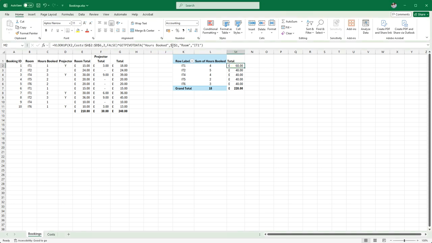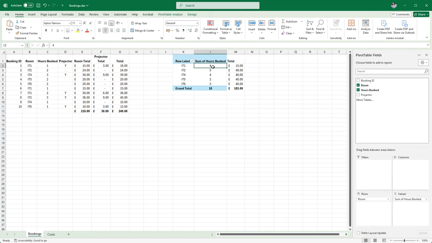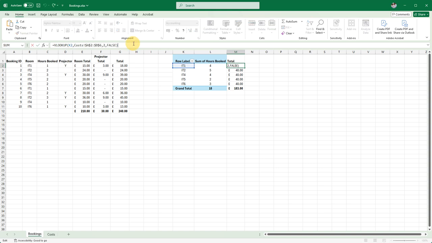So my mistake again was with these absolute cell references. So remember, if it's got a $ sign, it's going to lock it in. Now on my formula for my pivot table, I have got the VLOOKUP. So if I get rid of this bit, just to remind us what we did, my VLOOKUP looks up the price of the room, and then what I wanted to do was multiply it by the number of hours booked. So when I changed my formula and I typed in multiply by the hours booked, it automatically put $ signs in front of those characters. So I'm just going to remove that,